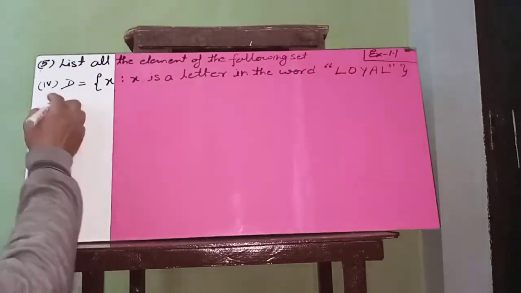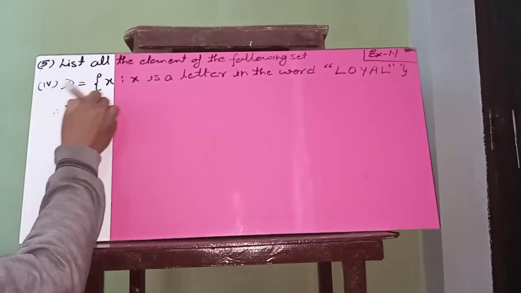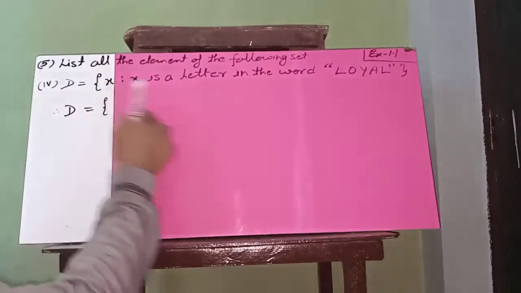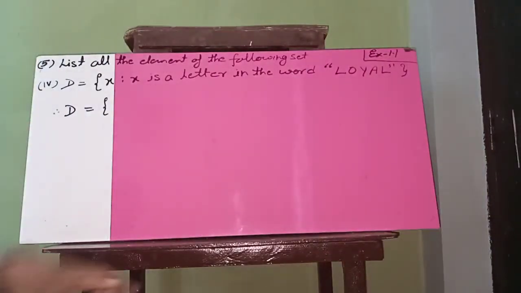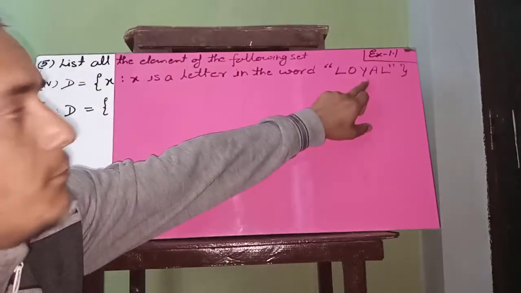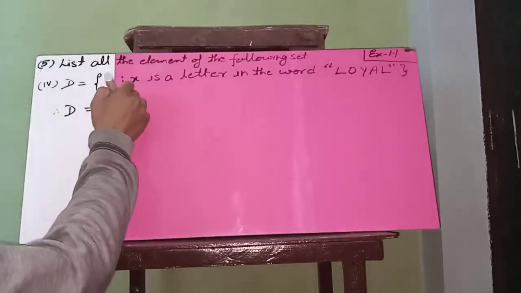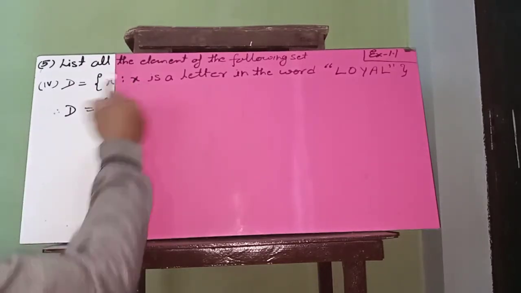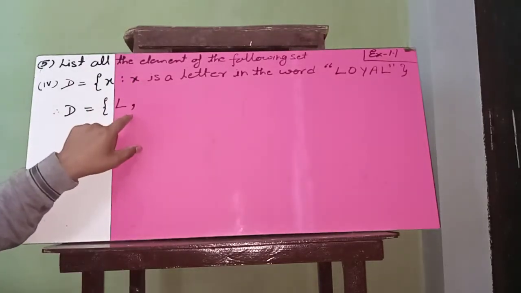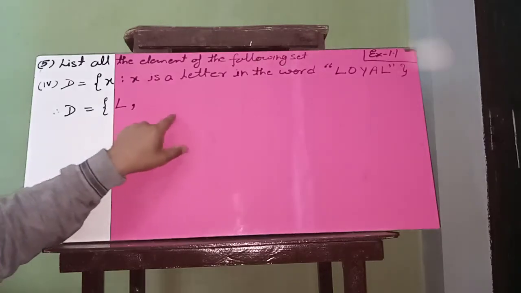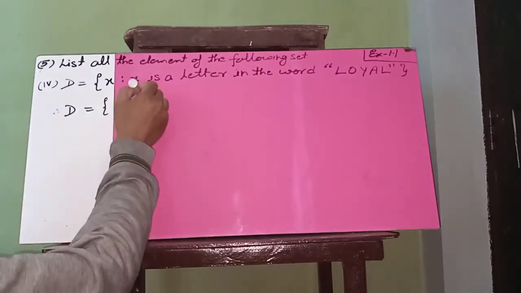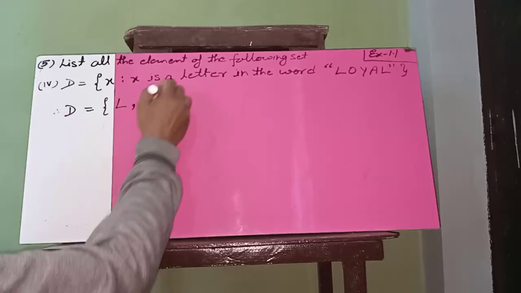Okay, so now we change D into listed form. So now you will write all the letters of loyal. Okay, so take the first letter L, then you take a comma, because in listed form we use commas. Okay, O, Y,